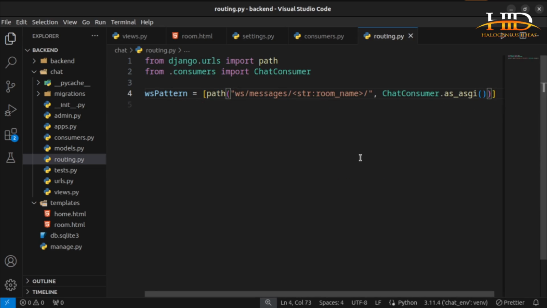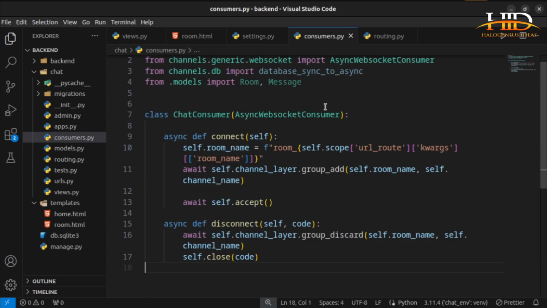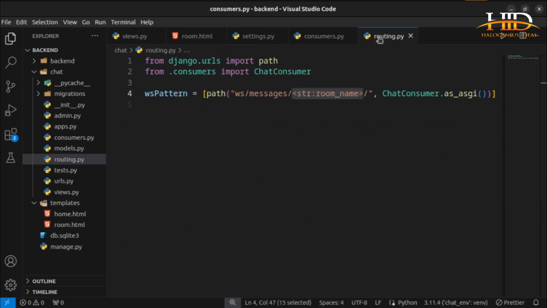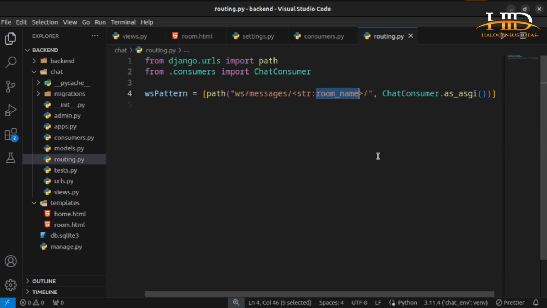Now if you are paying attention, you will notice that I'm bringing in this room name here. Where I'm consuming this data that the user is going to be sending me is over here. You can see this room name that I'm getting, that is where I'm going to be getting this data. So the next thing I want to do is to go to my